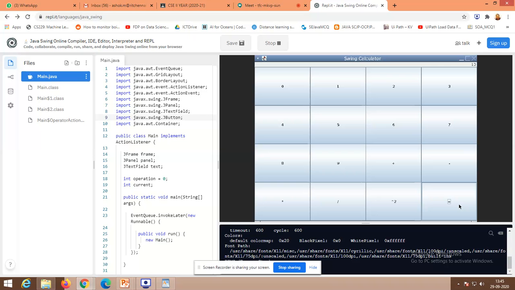Buttons are being managed through the panel via the grid layout. The text field is being placed using the border layout, and again a border layout is being used to merge the text box field as well as this grid of buttons. In this way we have arranged the controls.